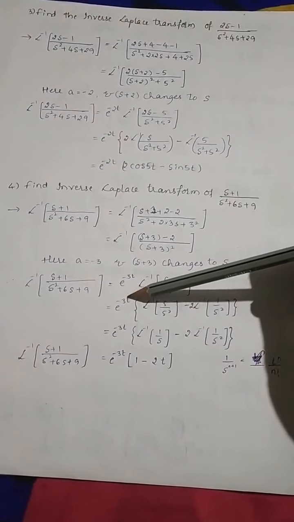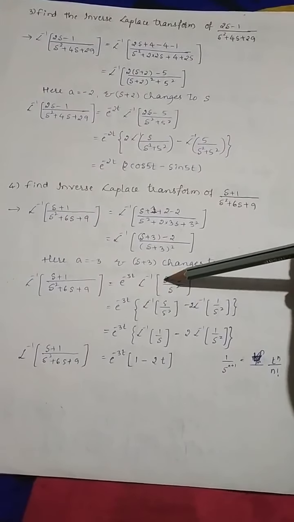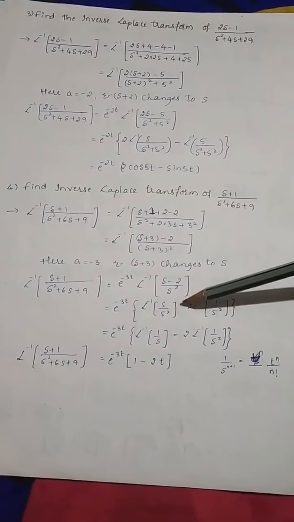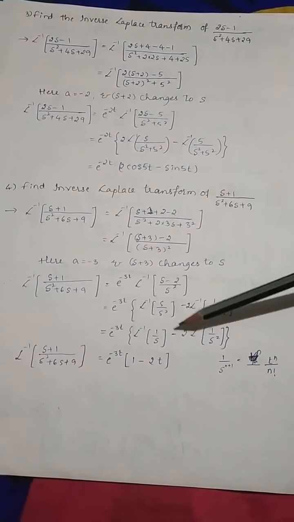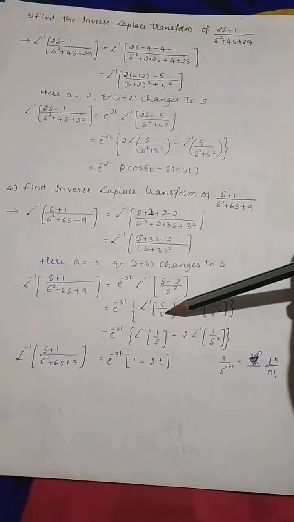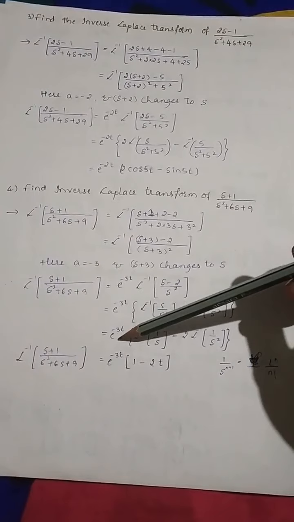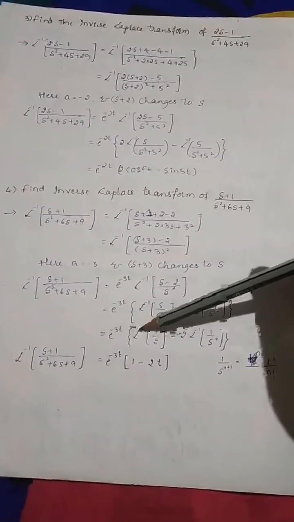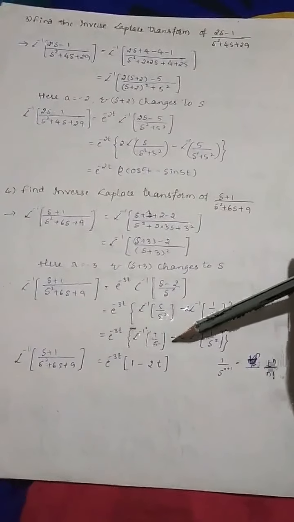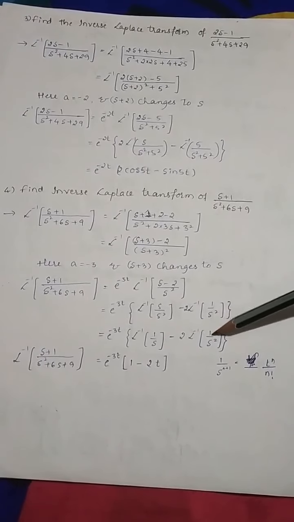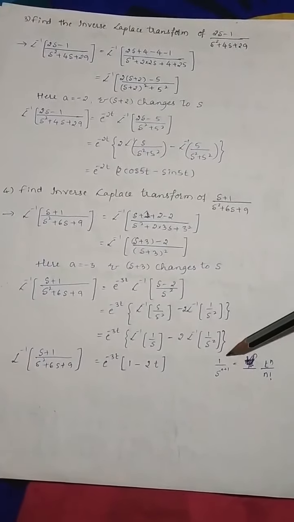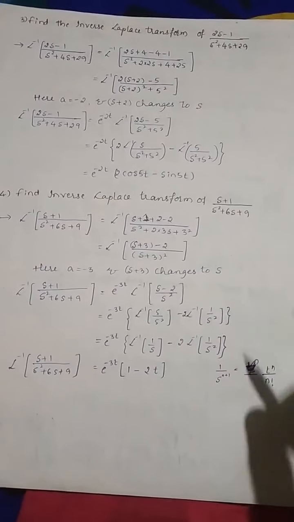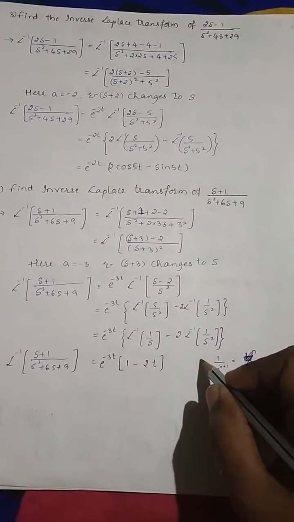Next, e raised to minus 3t into L inverse of s upon s square minus 2 into L inverse of 1 upon s square. Here this s cancels, one s in the denominator gets cancelled. Therefore, e raised to minus 3t into bracket L inverse of 1 by s minus 2 into L inverse of 1 upon s square. Now these two terms look like 1 upon s raised to n plus 1. Therefore,